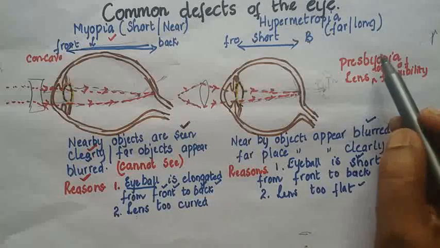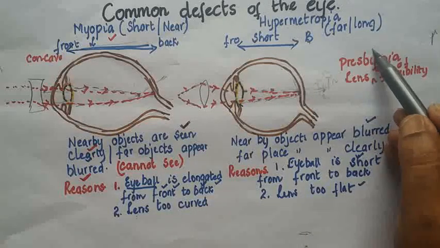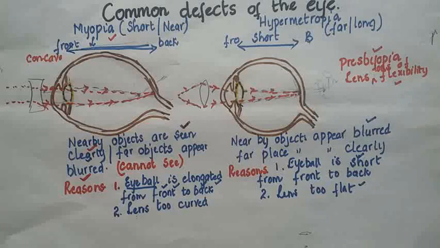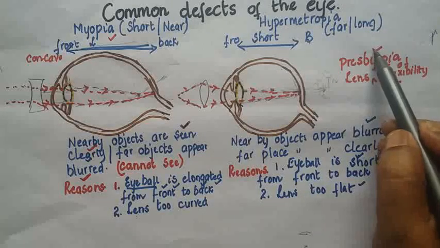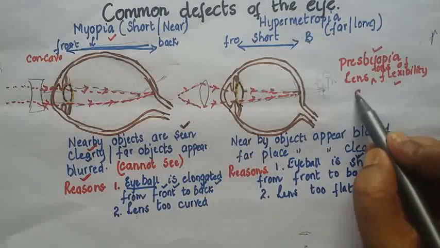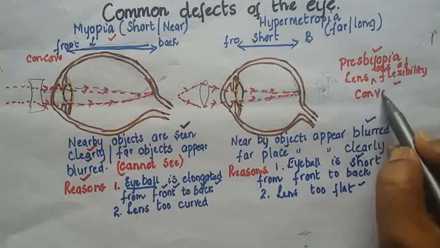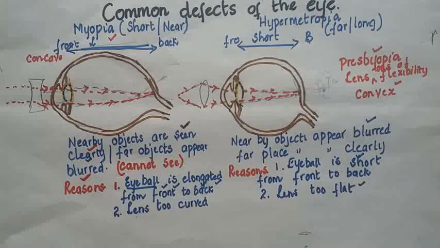So what do we call that condition? Presbyopia. How can it be rectified? It can be rectified again when a person wears the convex lens. So by wearing the convex lens, again the image can be made to fall on the retina. Fine children. Now